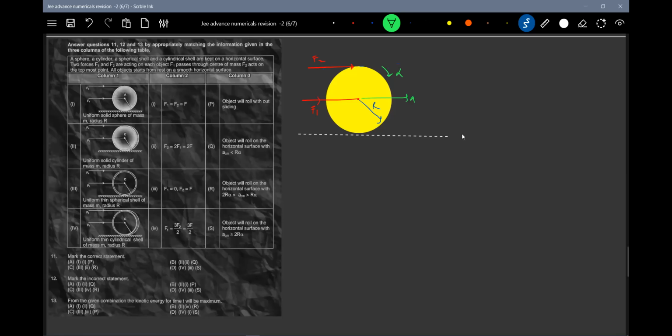Okay, let's write the equations of motion. A equal to, mass of this is m. Yeah, acceleration is equal to (F1 plus F2) by m. F2 r equal to moment of inertia, let's write O.